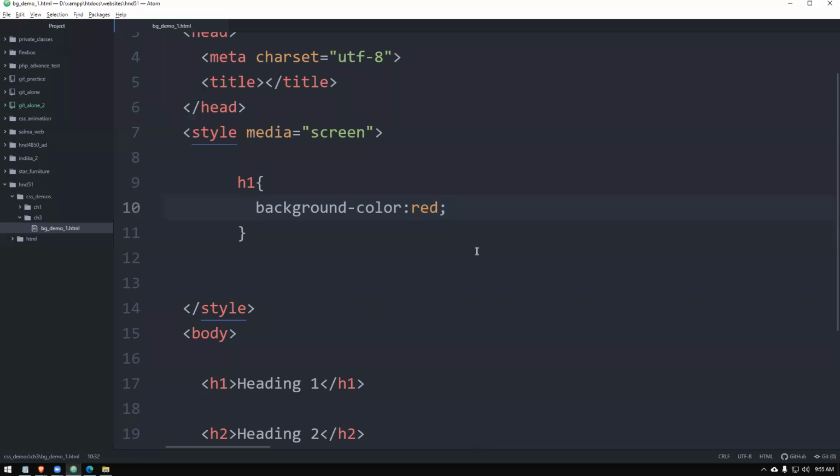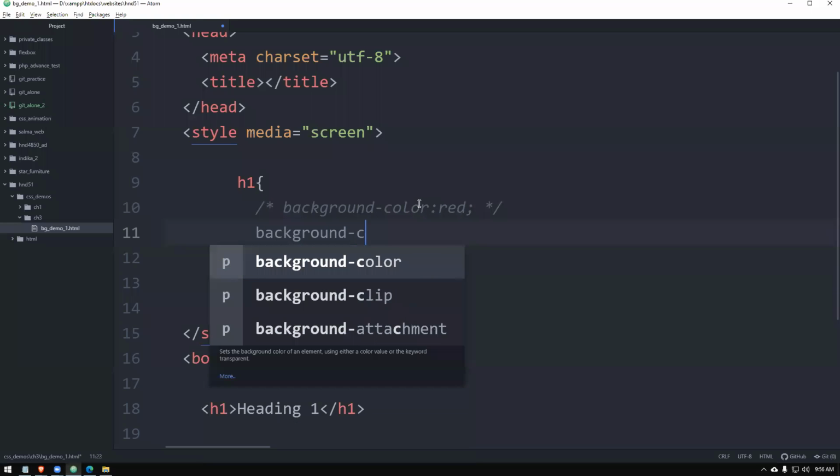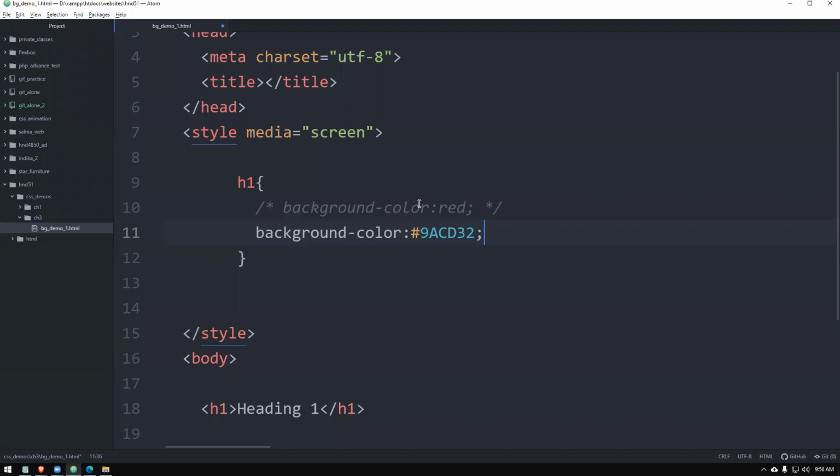We come here, and instead of giving the name like that, we can say background color, give the hash symbol, then give the color code. That is one way to get the color code from there.